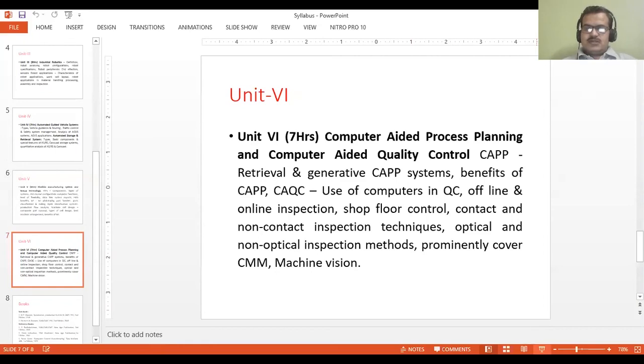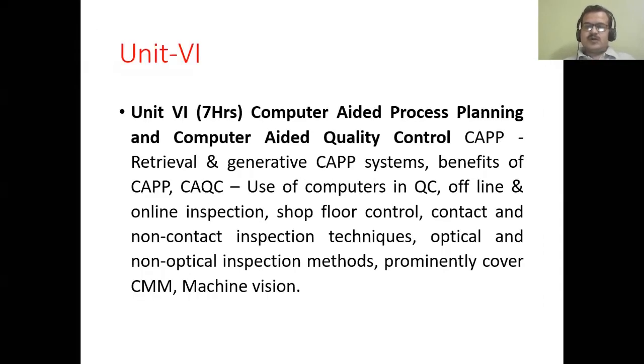So we were discussing our unit 6 of automation in production, computer aided process planning and computer aided quality control. We have already covered computer aided process planning, that is retrieval and generative CAPP system, benefits of CAPP, and then we started with our discussion on computer aided quality control. It is the use of computers in quality control, offline and online inspection,